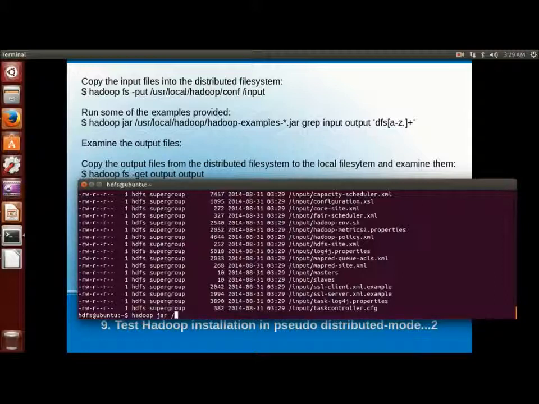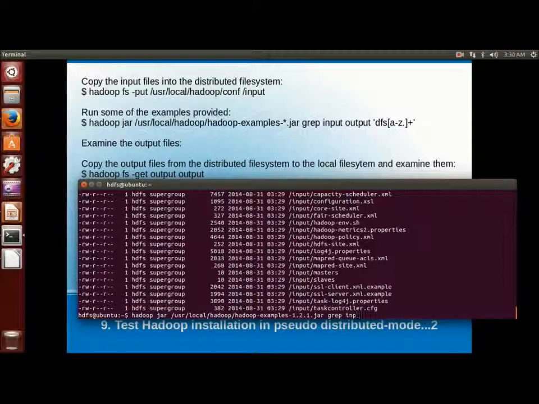Now test the MapReduce job which came along with the installation. We run hadoop jar with the Hadoop examples jar, giving the complete path to the examples jar.